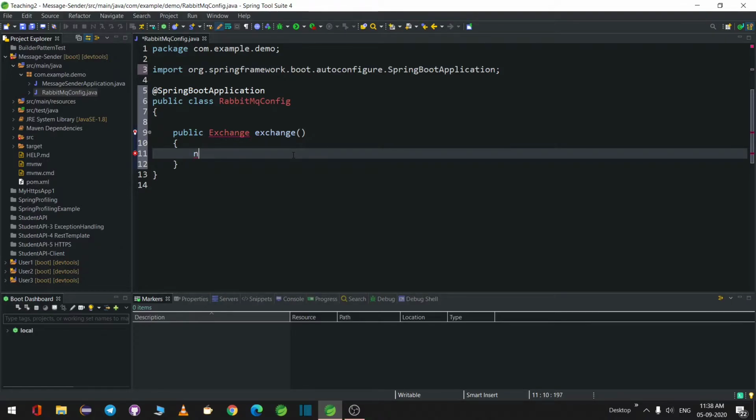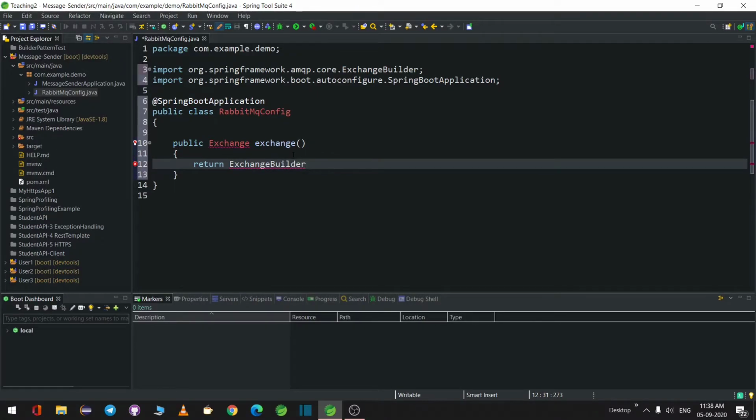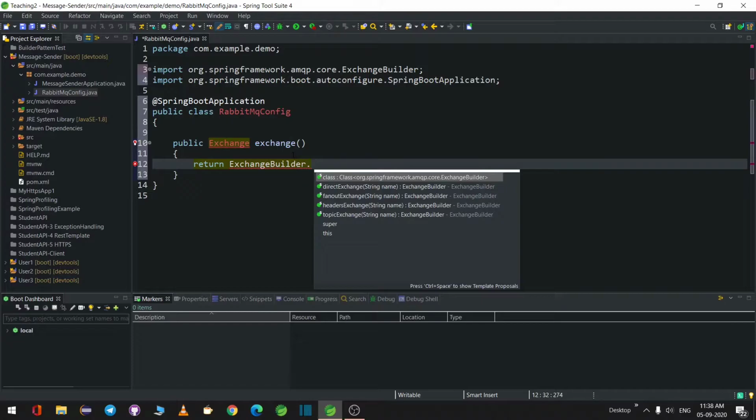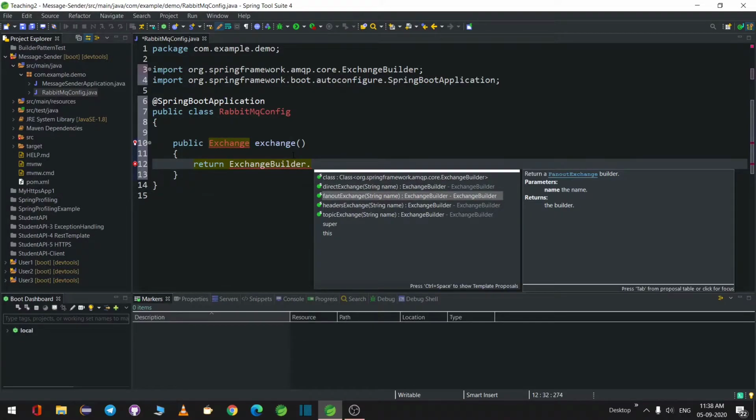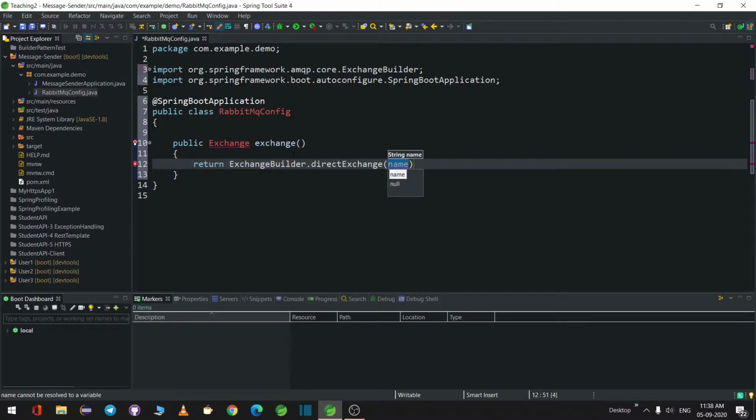Or what you can do is you can return, there is a one class called ExchangeBuilder dot. So what type of exchange you want? Direct exchange, fanout exchange, header exchange, or topic exchange. So let us go ahead and first create direct exchange. Okay, I'll name it as direct exchange.